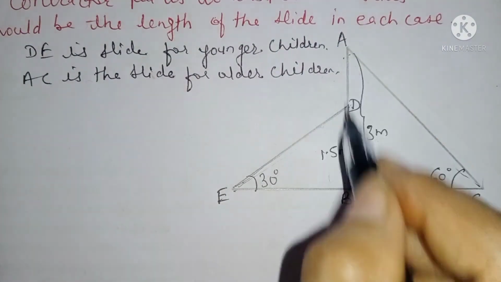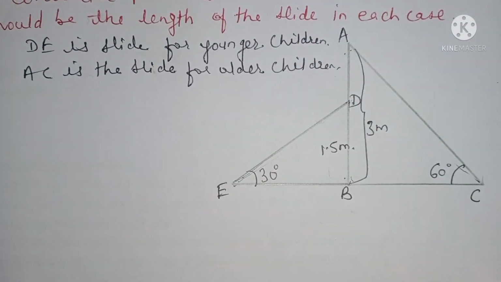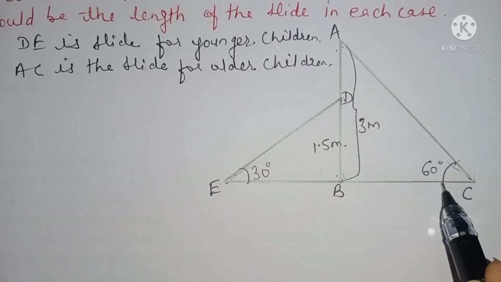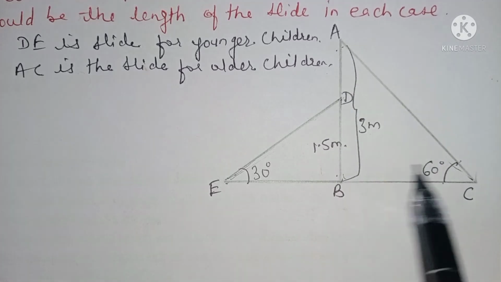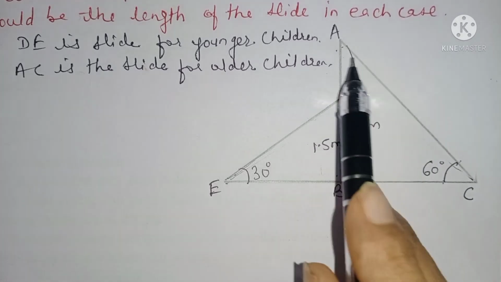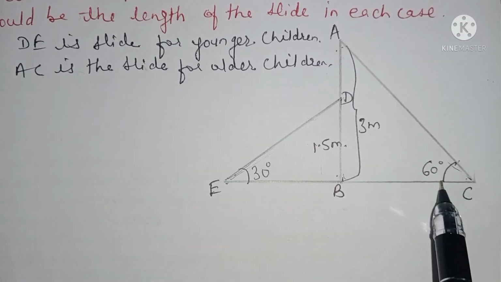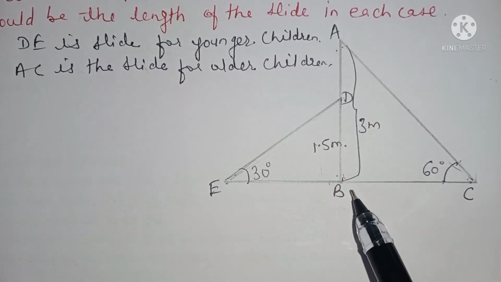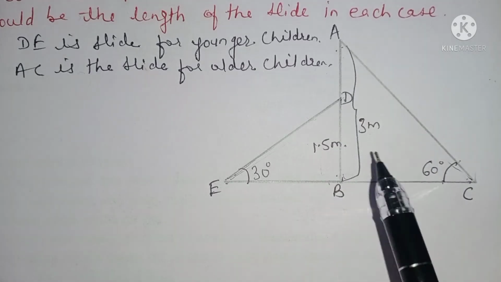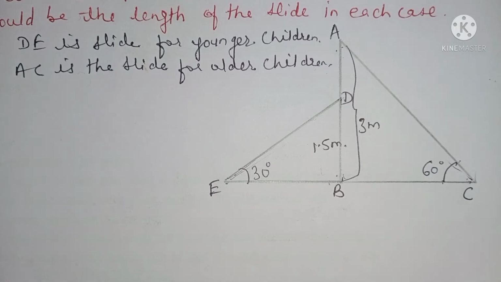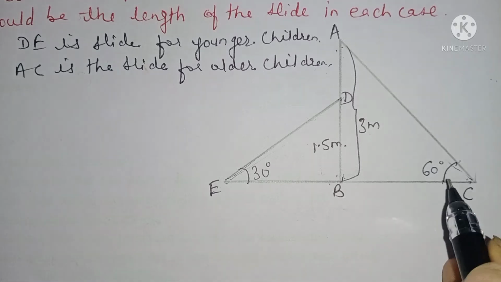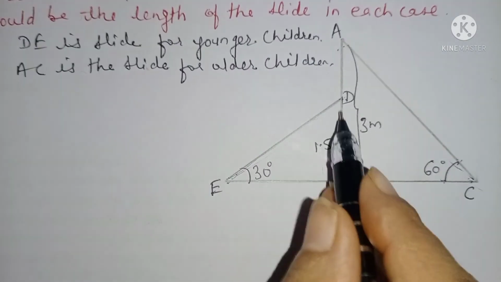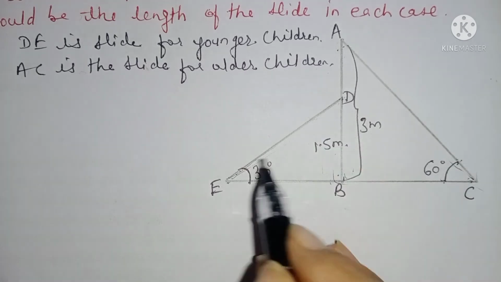Now, first of all, in right angle triangle ABC, I am going to put sin 60, because we know the angle 60, we know the opposite side of theta, AB, and we need to calculate AC. So you know that sine ratio sin theta is equal to opposite upon hypotenuse. The side you already know, as I told you, take the side that is given and the side to be found, and apply the ratio that includes both. So here we can apply sin 60 for this bigger slide, and for the smaller slide we can apply sin 30, opposite upon hypotenuse.